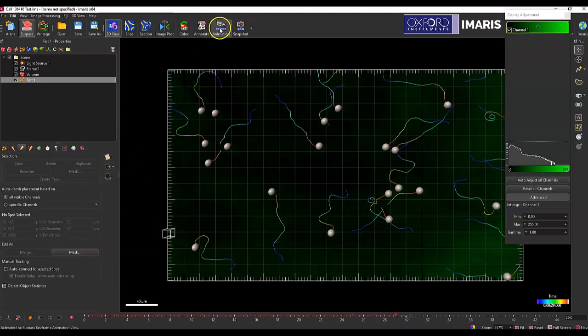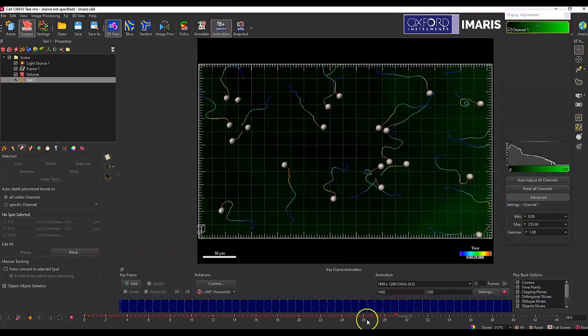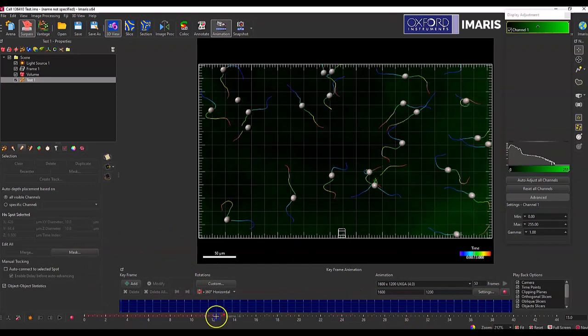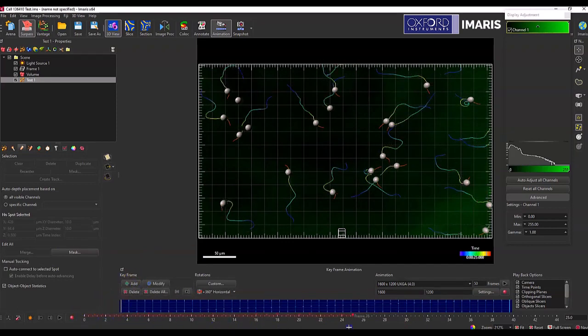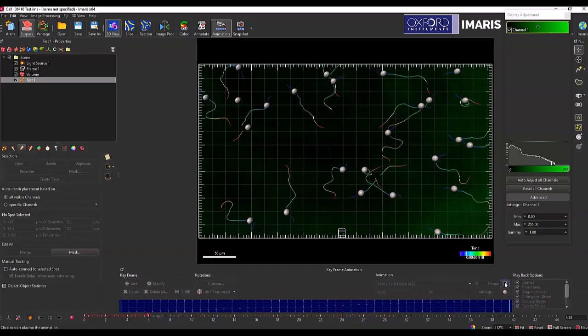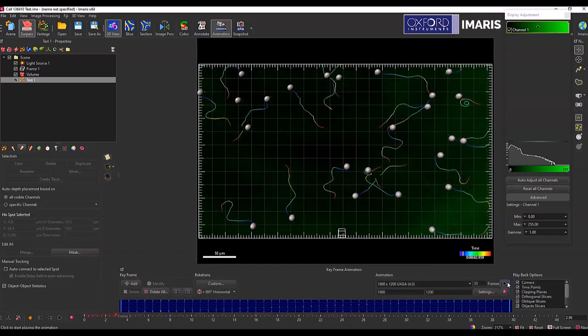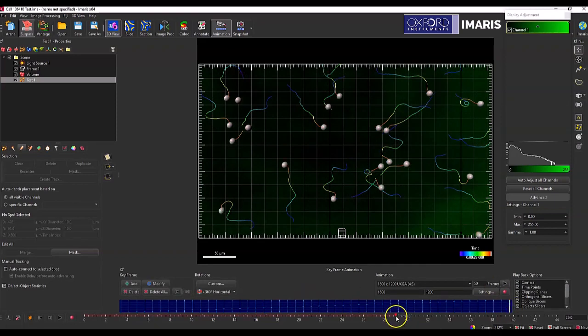So if we then switch to the animation tab, we can add in some keyframes that we would like to. So if I want my first keyframe to be at this one, and then go through my time series, that's just up to that point. And then we can play through it. And that looks correct. And you'll see that if we go back to this keyframe, it stops at that 29